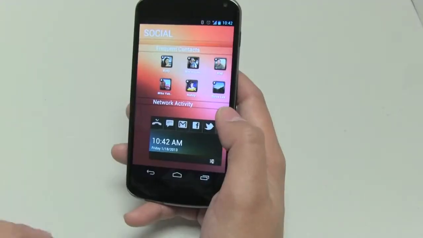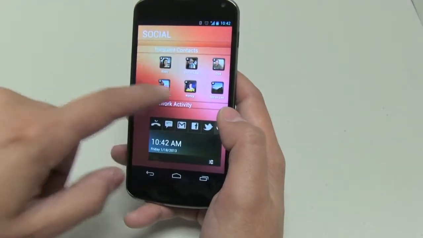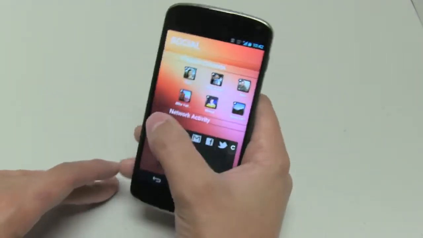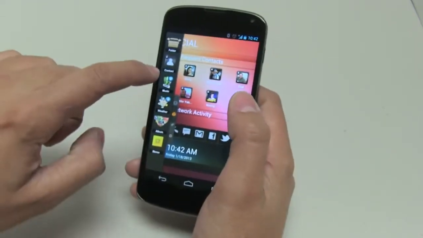And coming in at number 14, you have the ability to change icon packs system-wide. See, with iOS 7 and their new flamboyant look, you either love it or you hate it. But with Android, it doesn't matter because there are thousands of icon packs available and you can theme it like a boss.